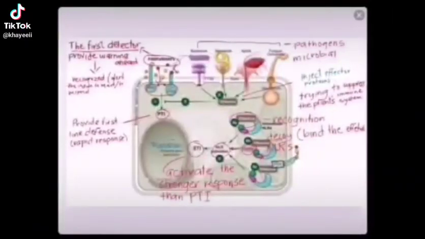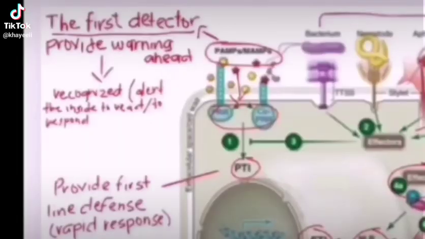So we have here a model of the plant's immune system and its parts, where it shows the two main tiers, which are pattern-triggered immunity or PTI and effector-triggered immunity or ETI. So we have here the first detector that provides a warning ahead. This is called the PAMPs, or